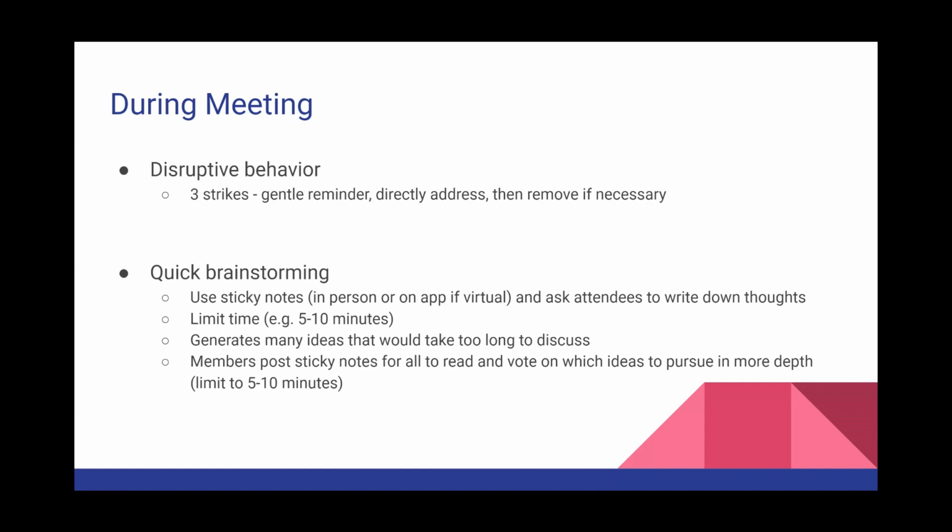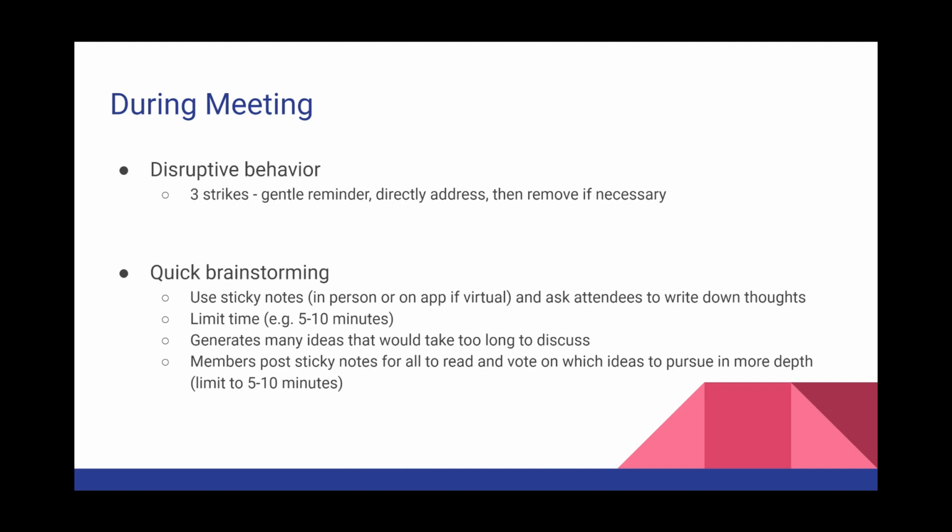If you do directly address disruptive behavior, make sure that you remain respectful, that you address the behavior and not the person. So you are using descriptors about the behavior, and you're not saying that the person is disruptive, that they are a problem. It's that the behavior is the problem. But you also want to make sure that you are assertive and that you maintain control of the meeting so that the person does not get argumentative and that you can continue on with a productive meeting still,